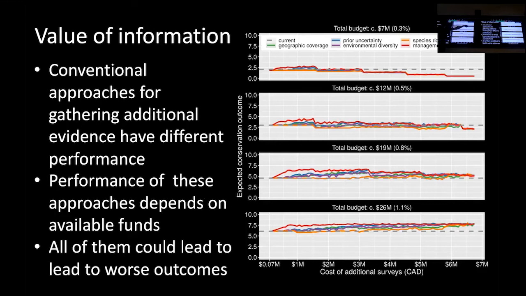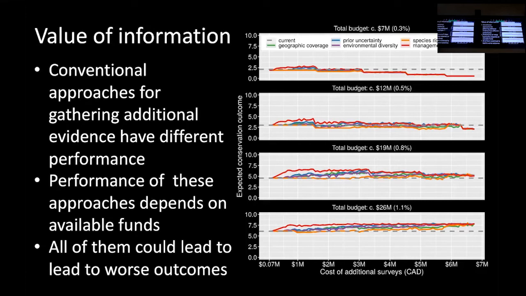We can see straight off that under the total budget here, we've got a bit of variation, and then basically everything, no matter what strategy you do, if you're spending most of your funding on collecting data, that's not going to give you a very good outcome, because you're not going to have much money left over to implement conservation actions. And we can see a similar pattern here where we get a bit of variation, and then eventually they converge at the end.